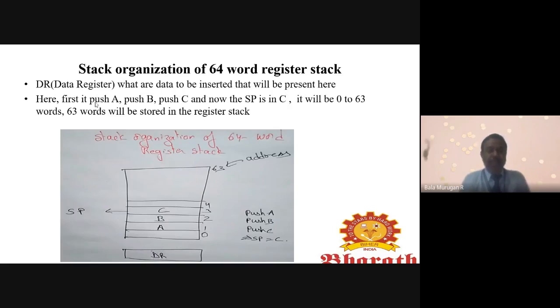First we push A, then we push B, and then we push C. Now the stack pointer will be at C, the top. The address will be 0 to 63, so 63 words will be stored in the register stack.